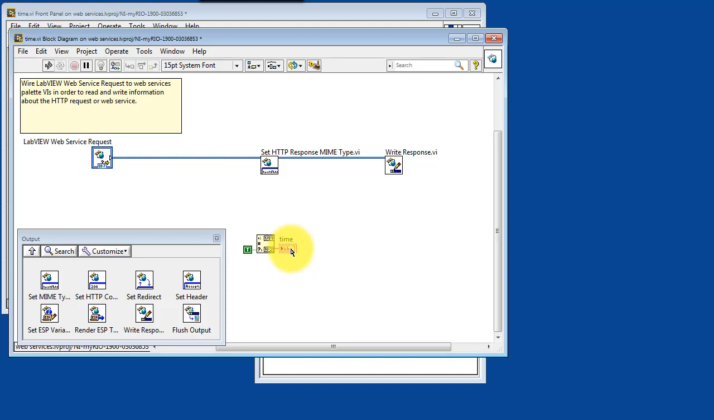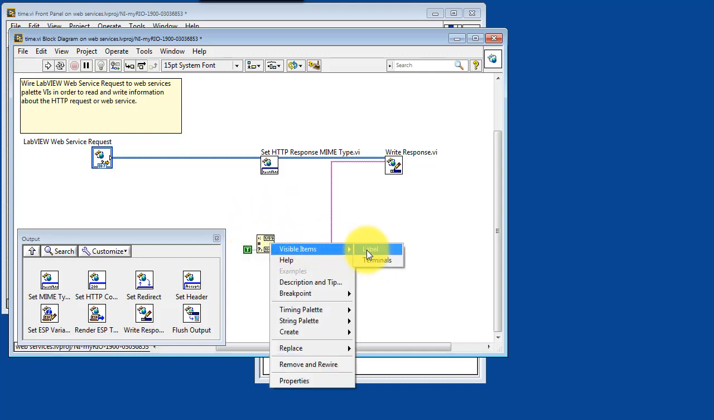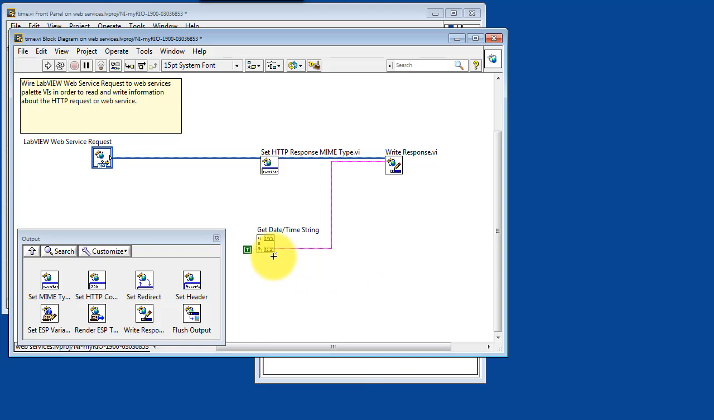Now we could leave the indicator on the front panel, but it's not actually required. I'm going to go ahead and delete that and just make a direct connection. Let's do a wire cleanup on that one. All right, now this time string is the primary output of this web service, and we need to be a